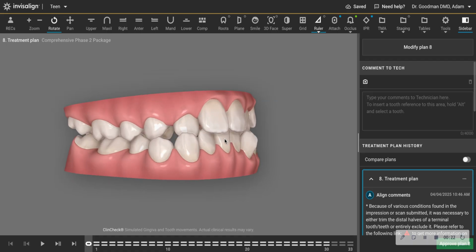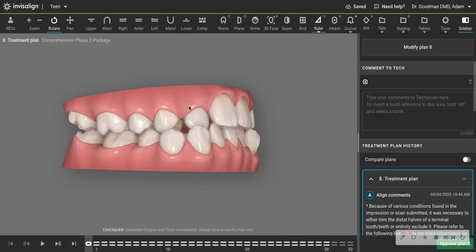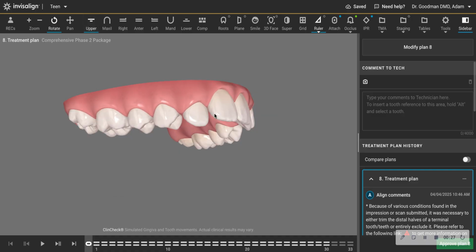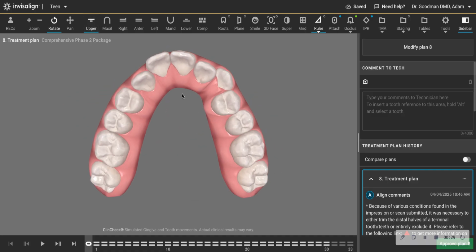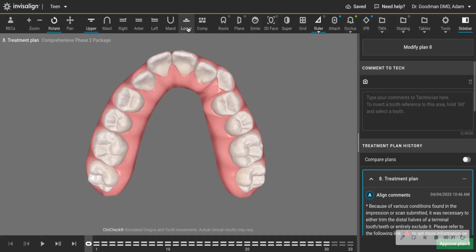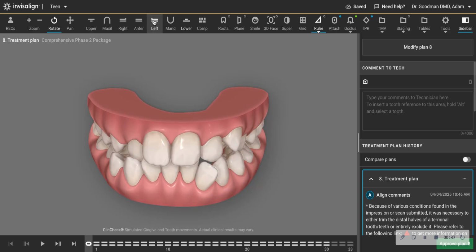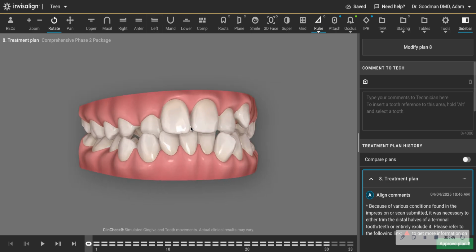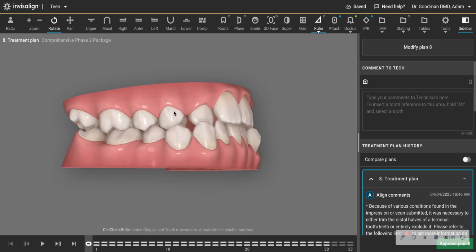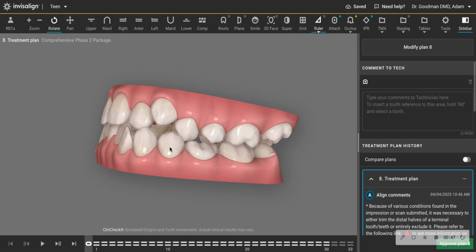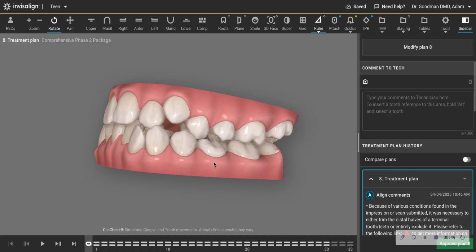Here we have a case that has a missing or impacted canine, as you'll see here. And I'm debating whether to make room for it, but she also has a fair amount of lower crowding. And so the alternative would be to remove 4 premolars. Maybe I take out premolar here. Maybe I even take out the upper 5s and the lower 4s. There is a tooth underneath